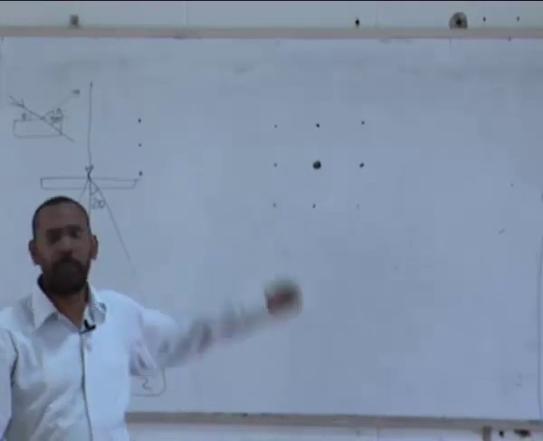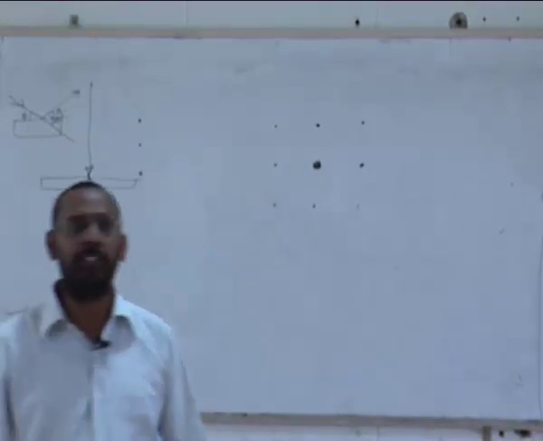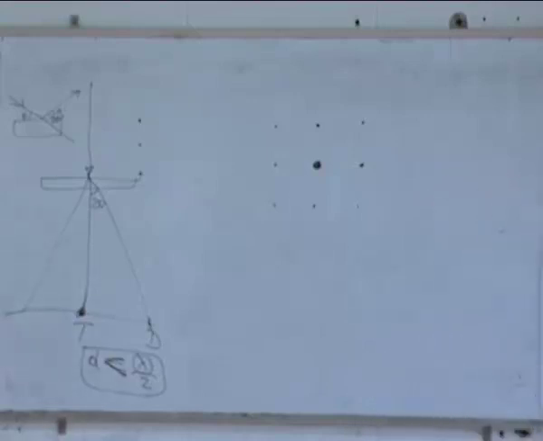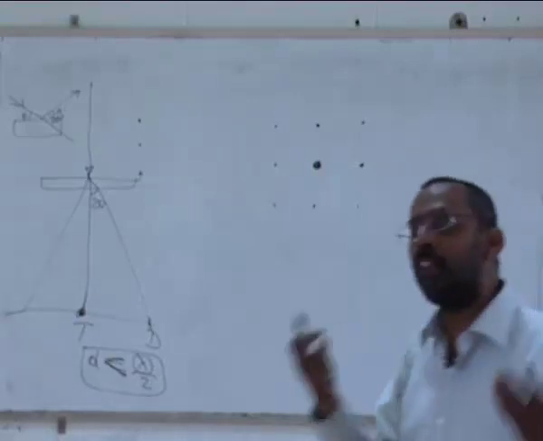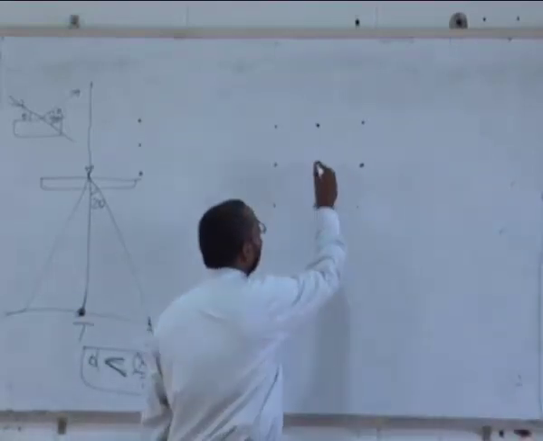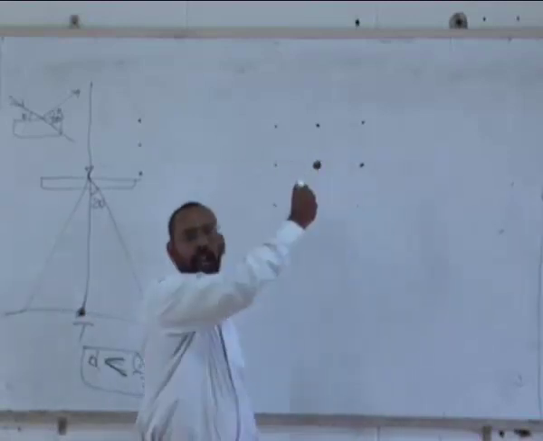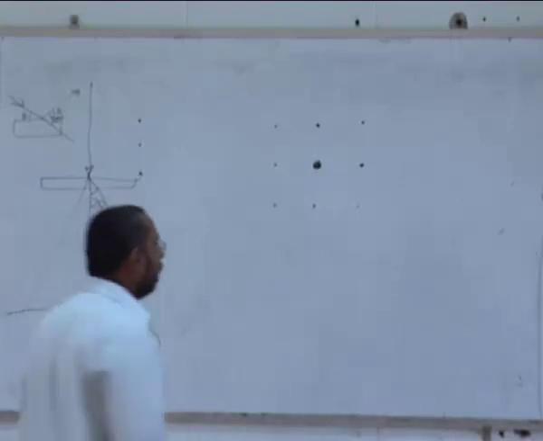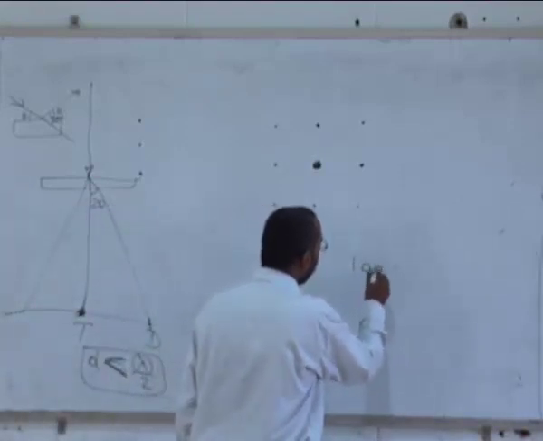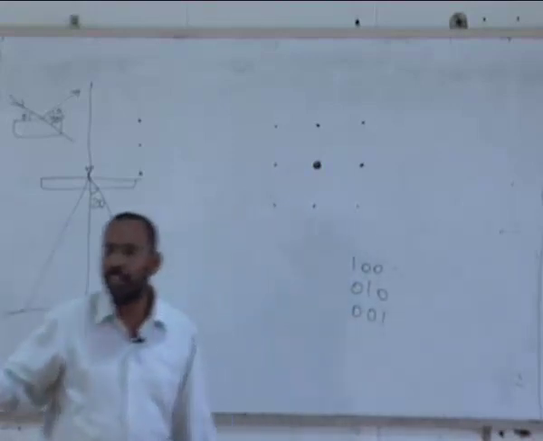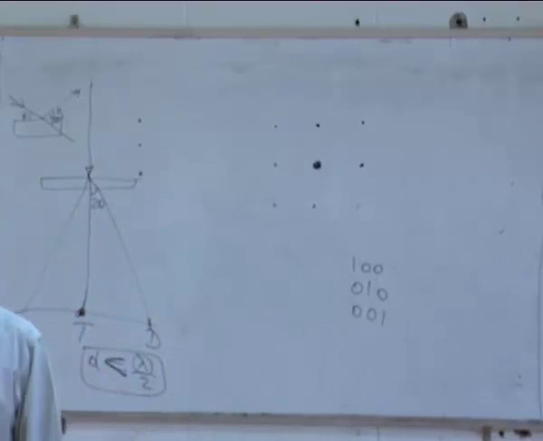If I see a four-fold symmetry like this, definitely that means the planes that are giving diffraction are the ones which have a four-fold symmetry. What are the four-fold planes? The planes which have four-fold symmetry are either 100 or 010 or 001. That's it. Nothing else in a cubic. No other plane can give me a four-fold symmetry other than these three.